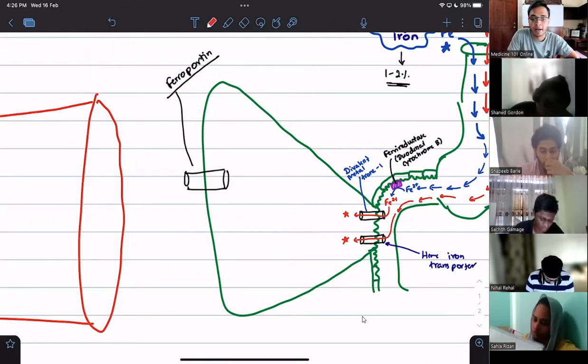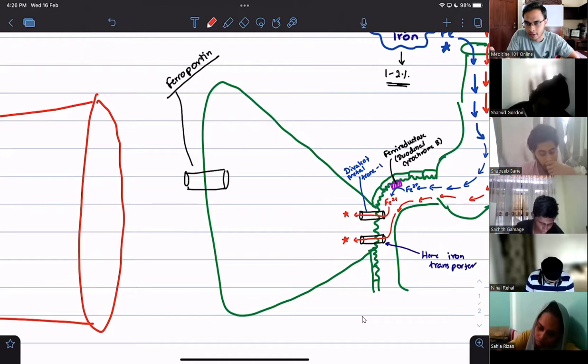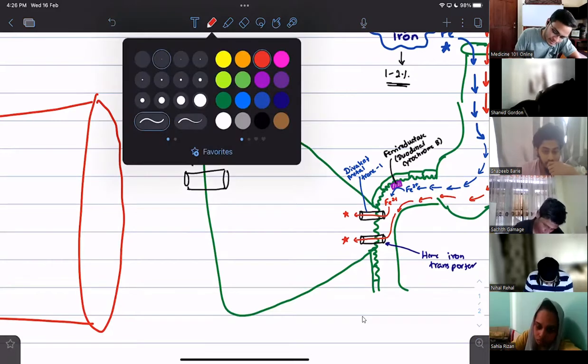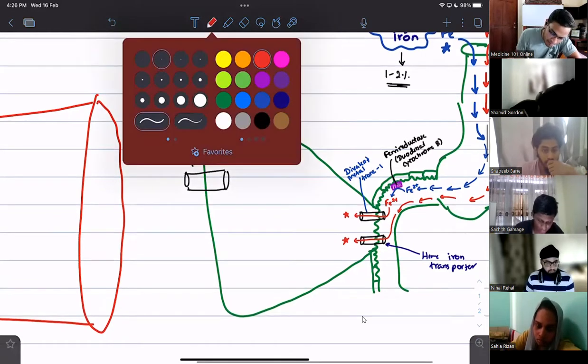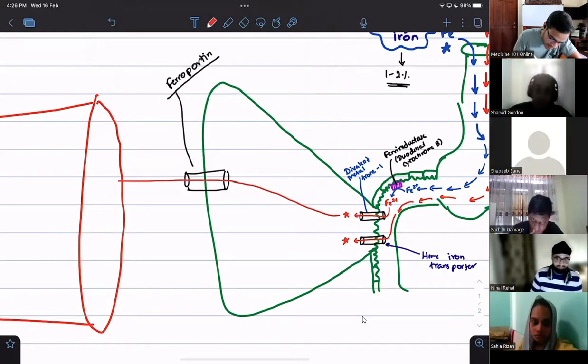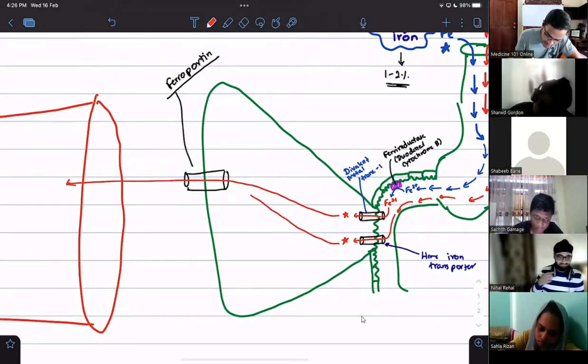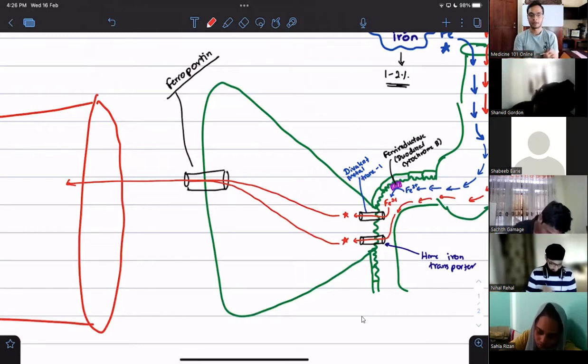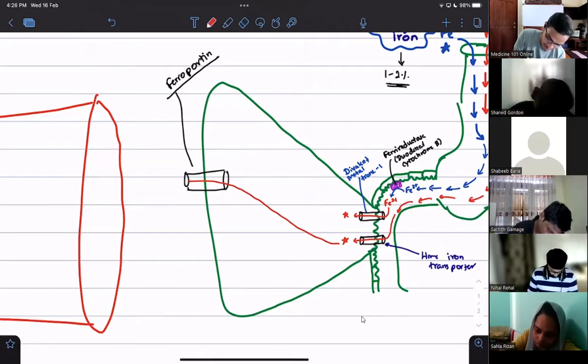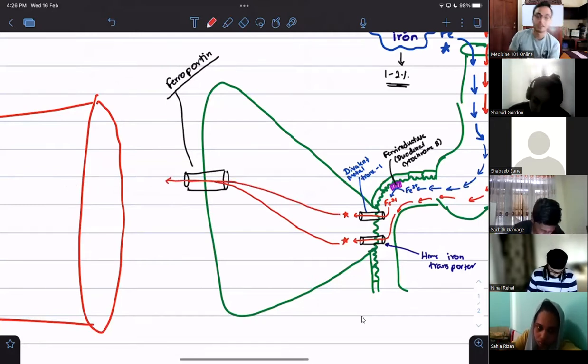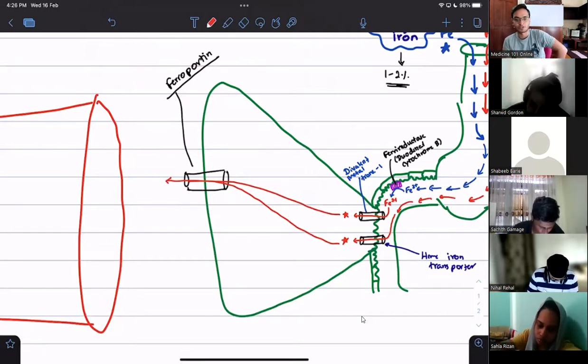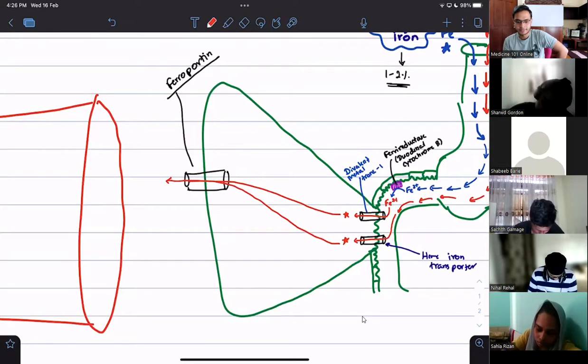What happens, guys, as necessitated by the body, right? Because there is always an iron balance going on. We'll come to that towards the end, right? As necessitated by the body, whatever amount is required by the body will come from this duodenal epithelial cell into the blood vessels, right? Directly, they can just travel, not into the blood vessel, guys. Just give me a second. They will come here outside, right? Still not in the blood vessel. Just stop the arrow there, right? Whatever is necessary will come out through this ferroportin, right?